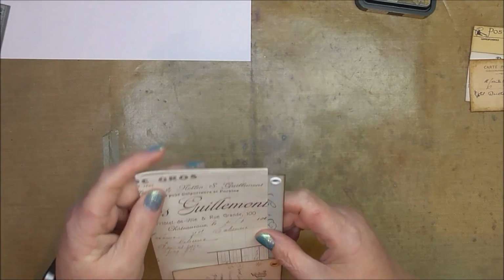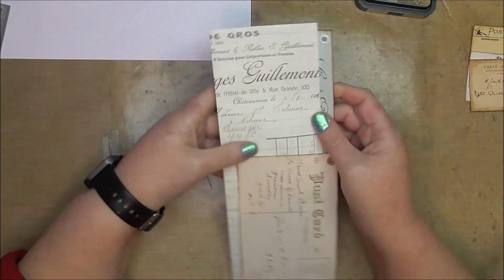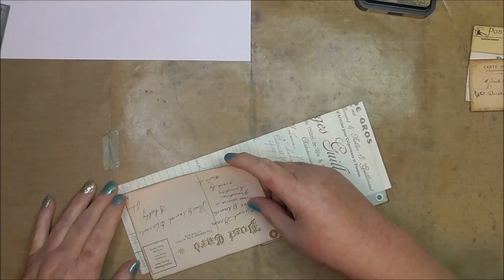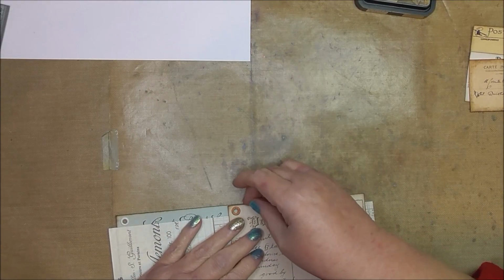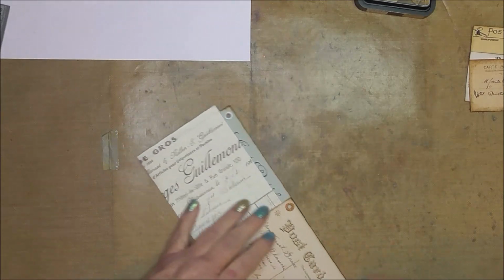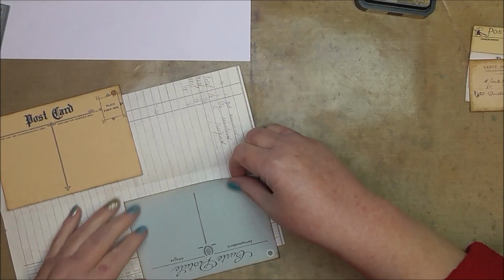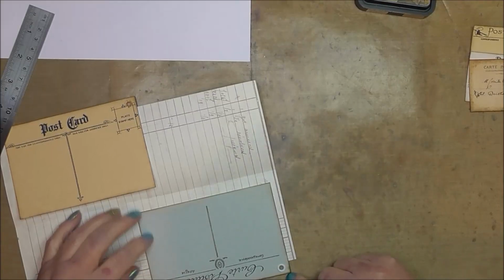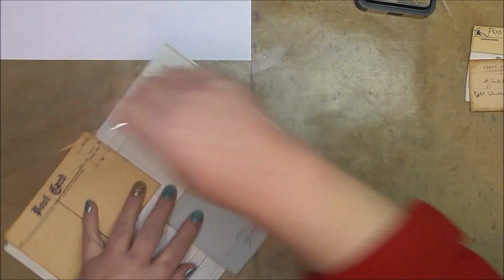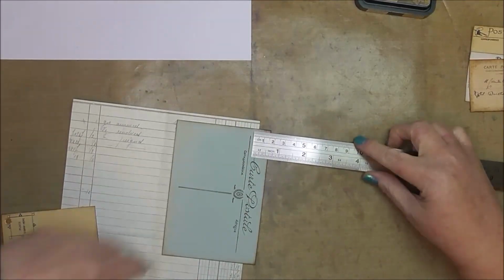Alright, so if I do about a quarter of an inch and a quarter of an inch. So if I put the back one in first, then I can make sure the front one is there. And I just want to make sure that I've got my tabs even. That's the only thing I do want to do. Right, now